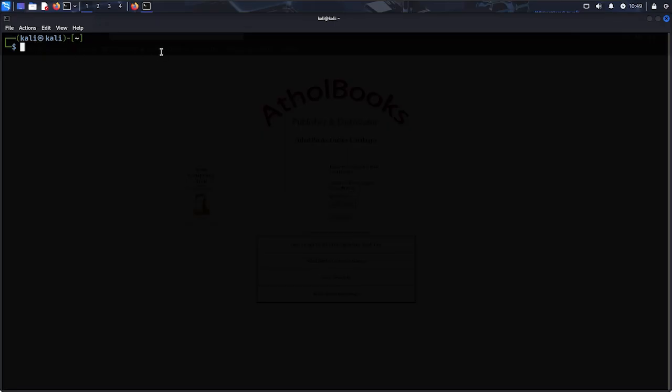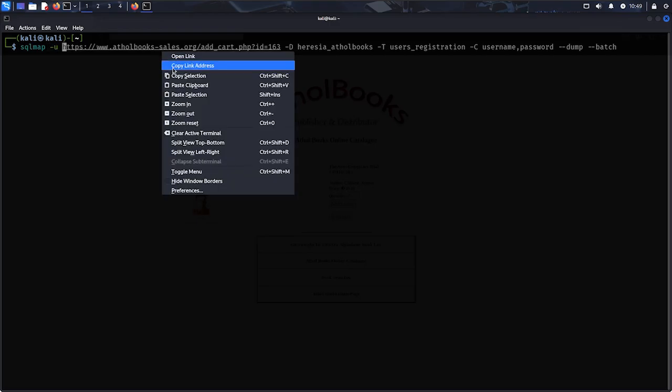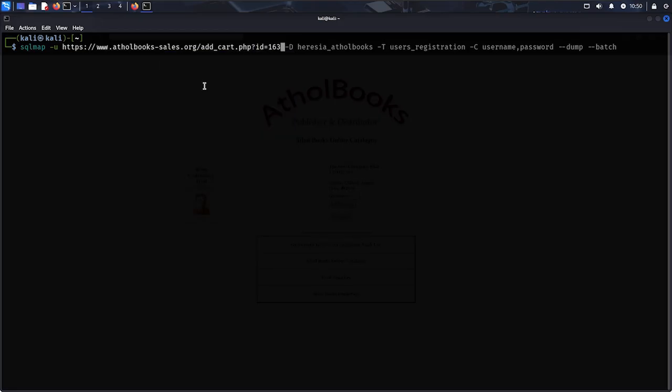And after going to the terminal, we can put a command named SQLMap -u, then paste the link, then --dbs, then space --batch. If the link is vulnerable,